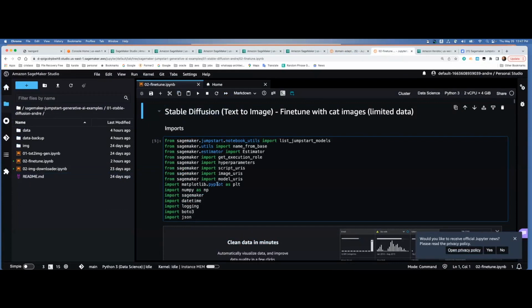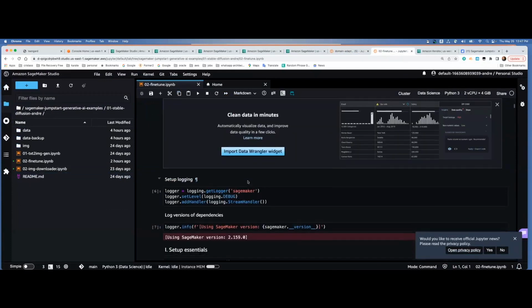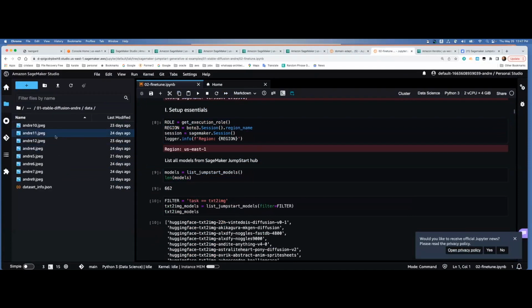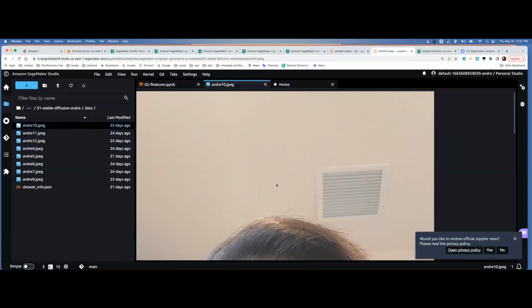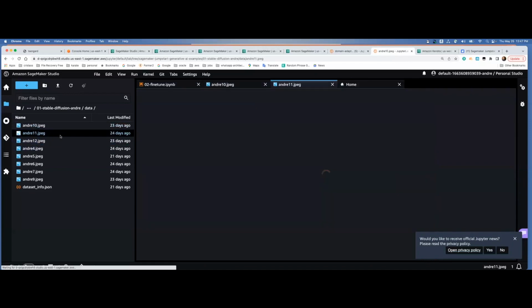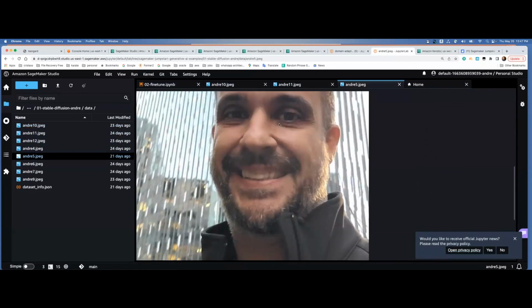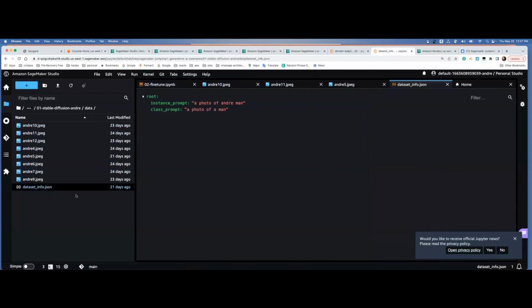But basically what it does is to import some of the libraries, then upload the data. And just so you know, I use like 9 to 10 pictures I took myself, like with a few selfies, as you guys can see here. I use some of these pictures to train my model, right? So only 9 to 10 pictures. And then I used this JSON file to provide a new class prompt, like Andrea, right? And then